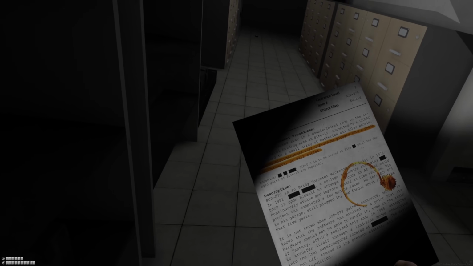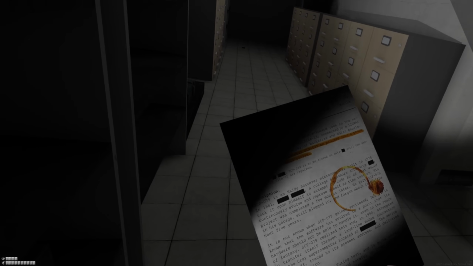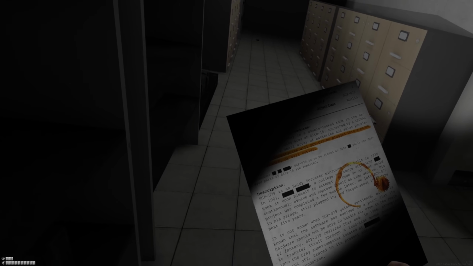SCP-079 is an Exidy Sorcerer microcomputer built in 1978 and 1981, a college sophomore attending...